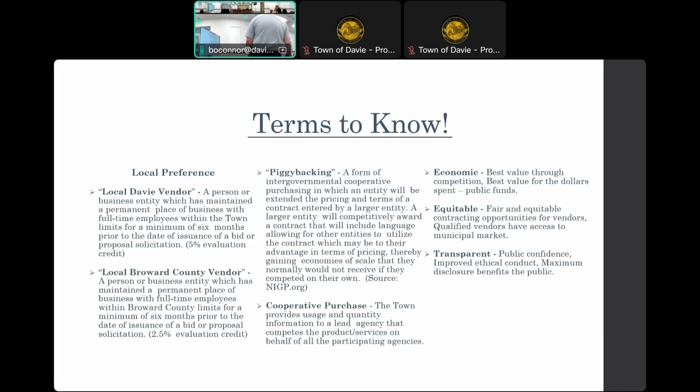Again, just some terms to know. We have some local preference here when talking about RFQs, and again, back into your lane, we take local preference into consideration. If you're here locally, obviously we know your team is local and we're going to get that local support. We're not calling, you know, Nome, Alaska to get somebody on WebEx who may not be able to sit here in a room with us.